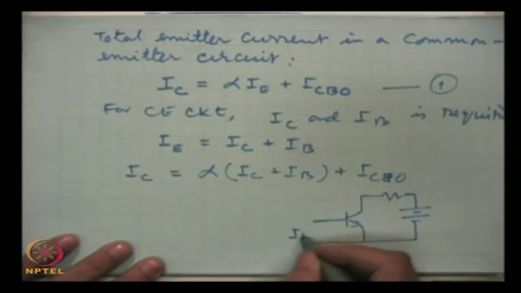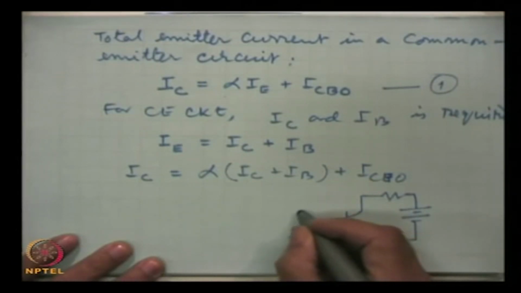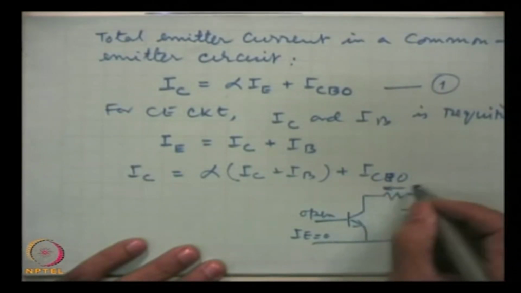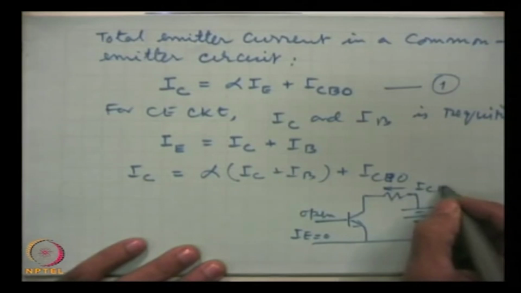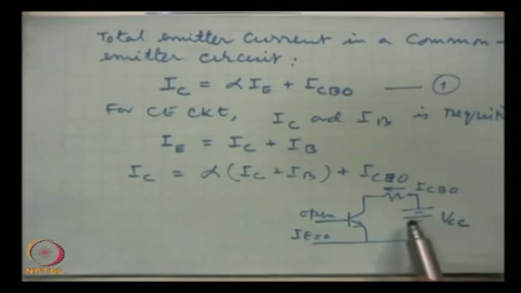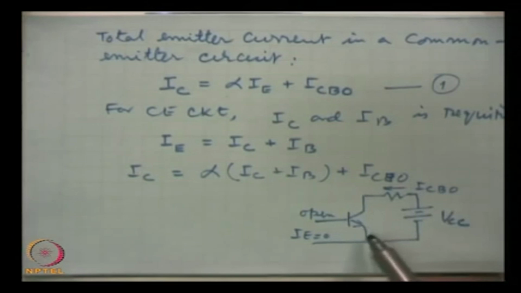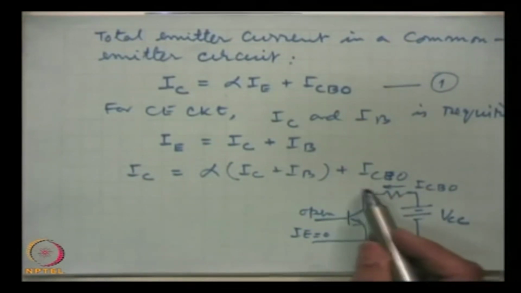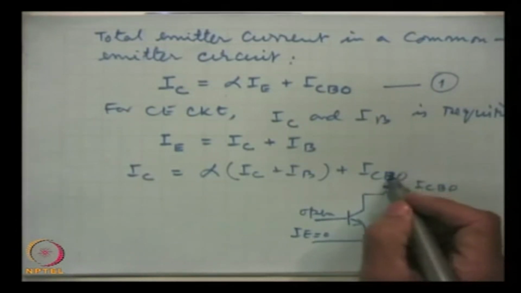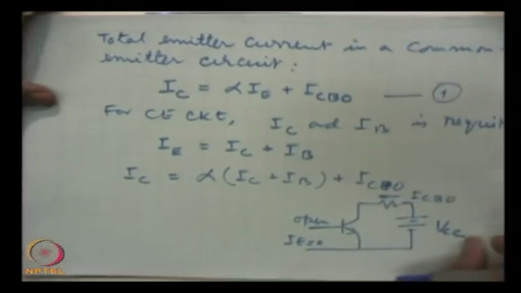This is IE, kept 0, this is open, and here this is ICBO. When we apply the reverse bias voltage to the collector, then this is the current which will be flowing, and we can measure it by putting an emitter, for example, in series with this circuit. So, this is that, and now this equation we continue, we further look at it, and this can be put